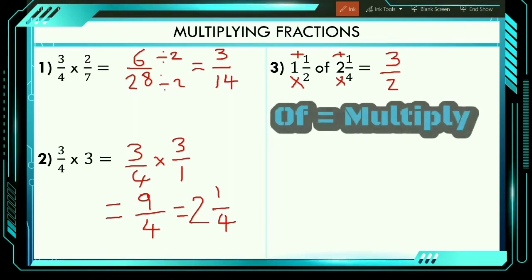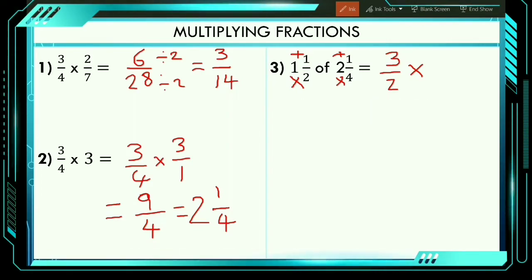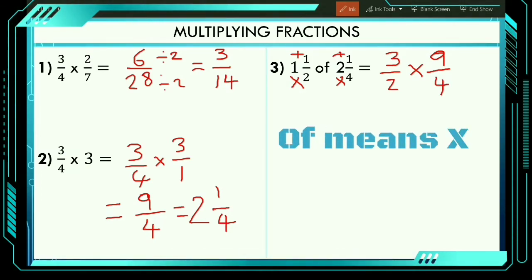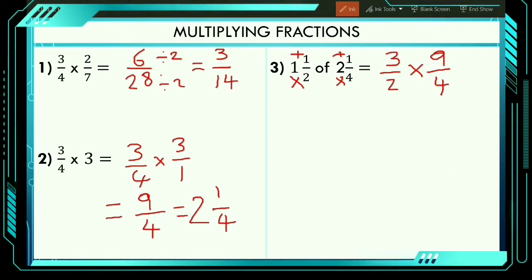Now remember, of means to multiply, so I'm going to put times. 4 times 2 is 8, plus 1 is 9. So 9 over 4. Denominator stays the same. Don't forget, the of means to multiply. So sometimes they will not give you the multiplication sign. They will just say of in some questions. 3 times 9. Now this is just like question 1 and what we did with question 2. So we just have to multiply the numerators and the denominators. So 3 times 9, which is